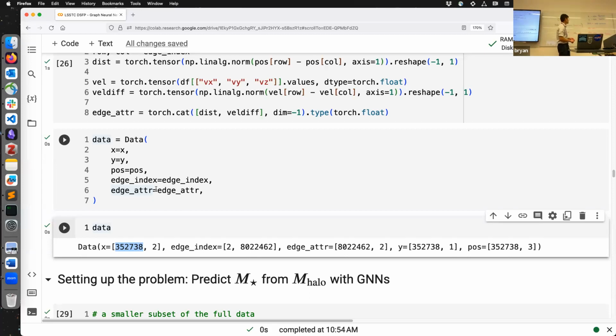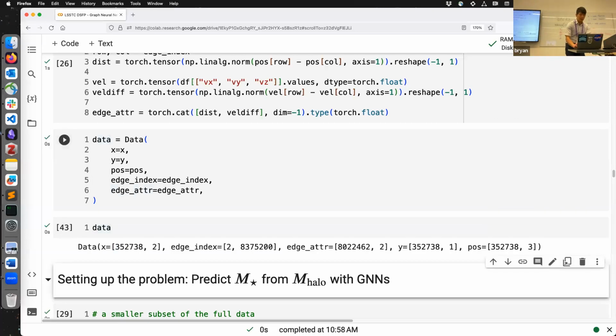Yep. So this is going to be a shape of 350,000 or so by 2. The edge index is transposed, so you know that this always has to be a 2, where we've got pairwise edges between a pair of nodes, and then we have 8 million here, or now actually 8,375,000, and then for the edge attributes we have